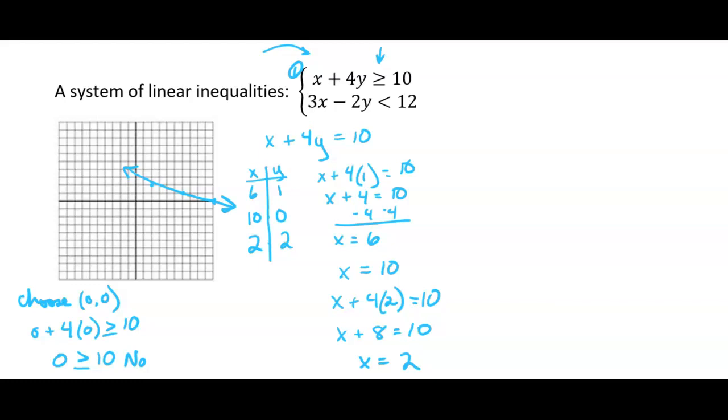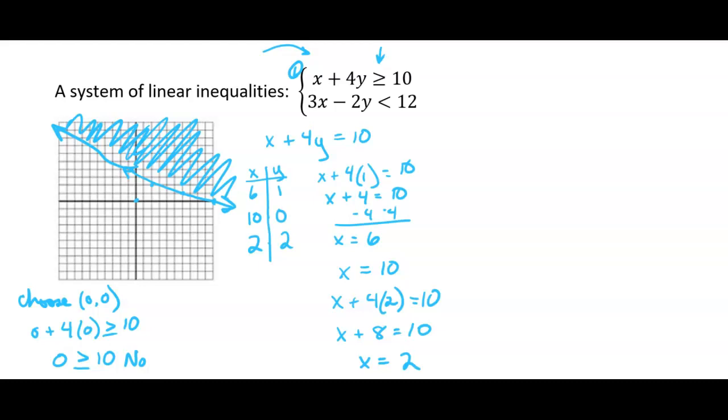So what does that mean? It means the point that I tried, this one right here, that doesn't work. So when I graph, I need to graph the other side. So it's going to be over here. And I really could extend this a little bit. I just can't draw. So I get a full graph there. Okay, that is the inequality, the first inequality, and how it graphs.